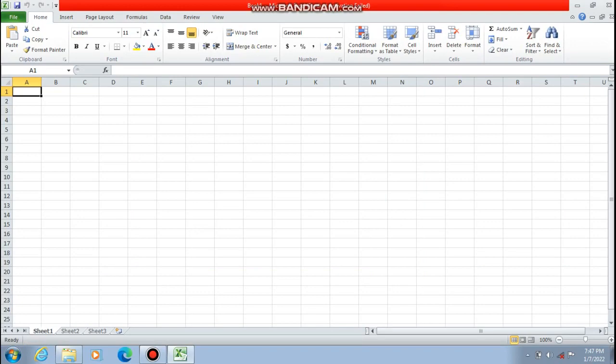So this is the Microsoft Excel sheet that is open in front of you, and you can all see that very clearly now. In the last session we discussed what a Microsoft Excel sheet is. This is basically a spreadsheet with rows and columns in which we can organize our data. There are some key points that we discussed, that there is a column heading. I'm just giving you a recall for 2 minutes, and then we will continue with the next topic. So this A, B, C, D and all, these are the column headings. Next, 1, 2, 3, 4, 5, 6 and 7, the numbers, these are the row headings.